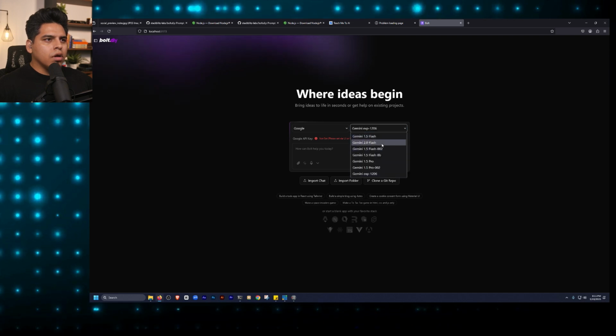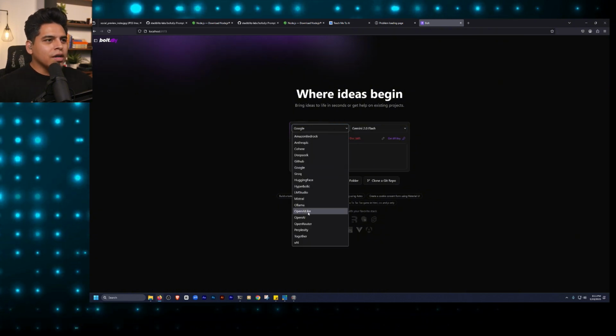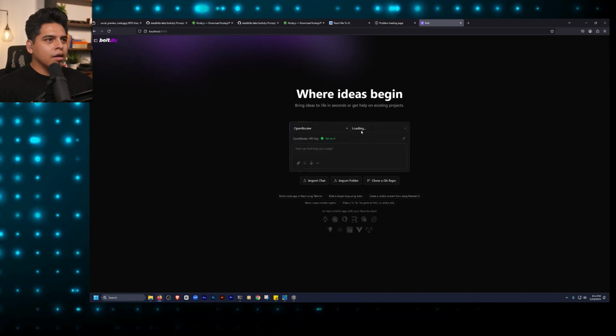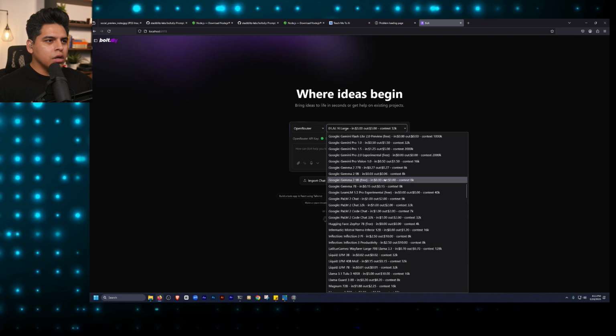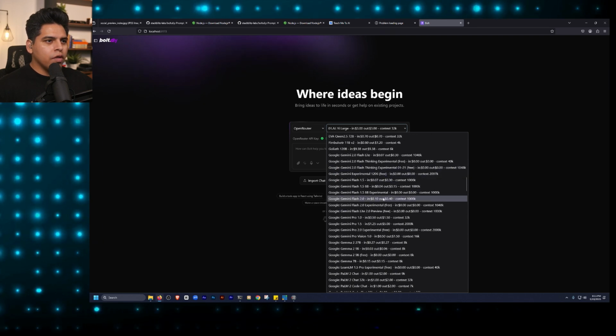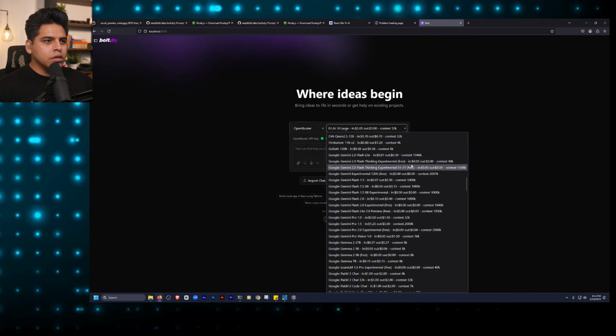They got rid of my Flash. No. Okay, so I got OpenRouter, and what I'm going to do is come here to Google Gemini Pro Flash. Here it is, experimental. All right. So I have my API key there for Google, but it looks like they don't have the one that I want. The one that I want is,